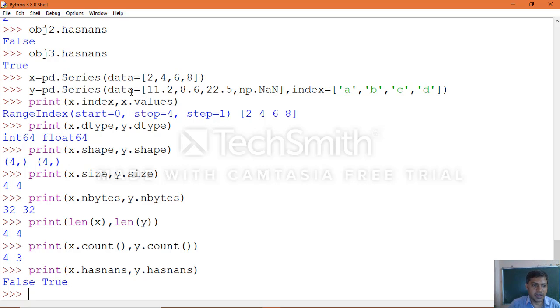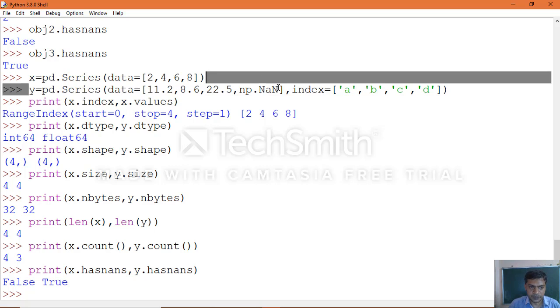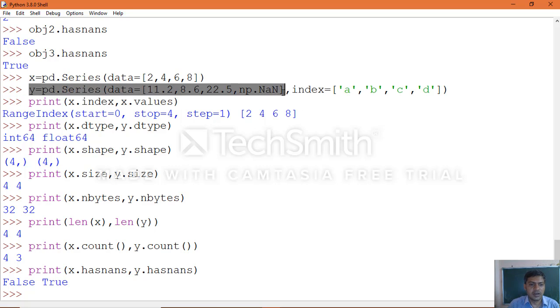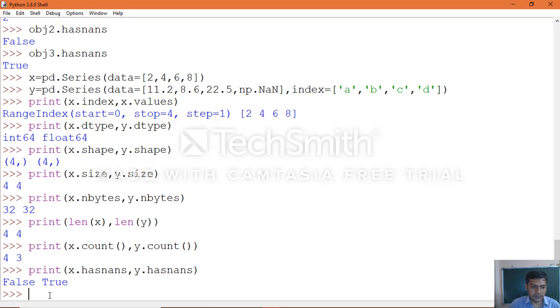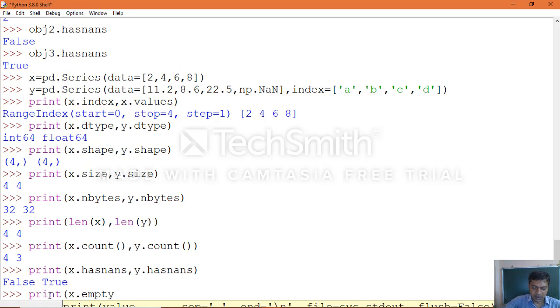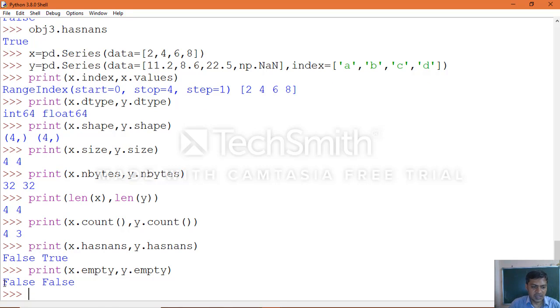You can see clearly that the y object which we created is holding a NaN value, whereas the x object doesn't hold any NaN values. In the same manner you can check the emptiness of an object with the empty attribute: x dot empty comma y dot empty. Both are false because both objects are holding data. That is how we can retrieve attributes for the objects we create.